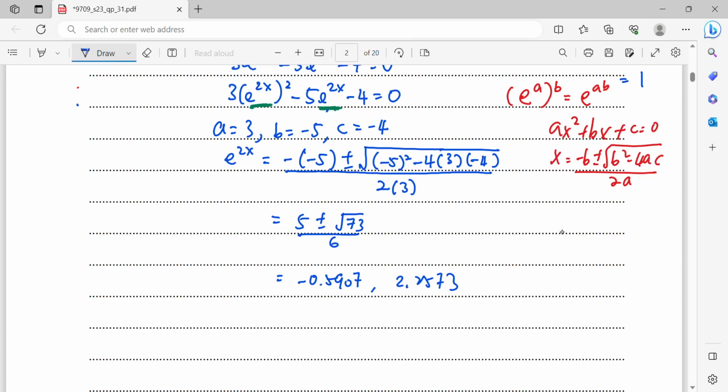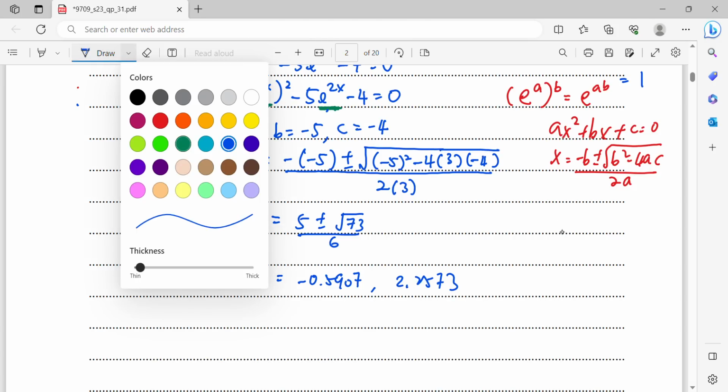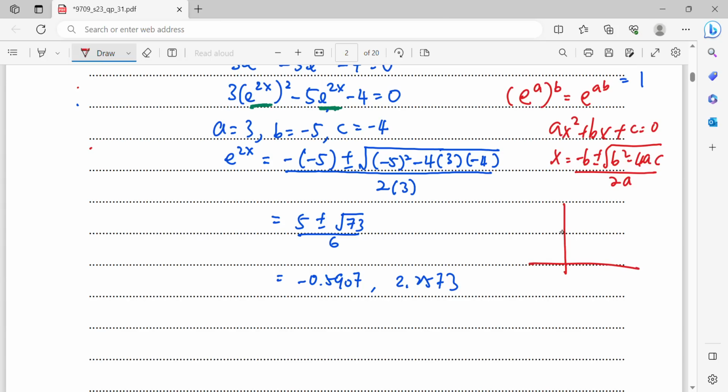Now, for your information, the exponential graph. By looking at the exponential graph, this is your e^x graph. Here is 1. It is always above the x-axis, which means your e^x is always greater than 0. Same for e^(2x). So e^(2x) must be greater than 0 as well, which means e^(2x) equal to a negative value is undefined. So you can just write down e^(2x) will be more than 0. Therefore, your e^(2x) will be just one value,